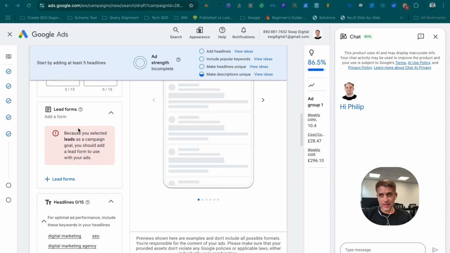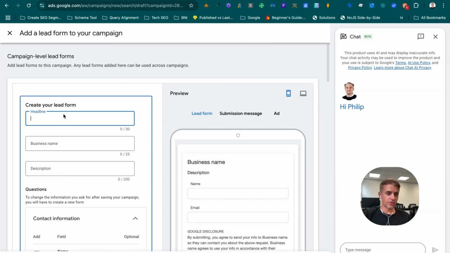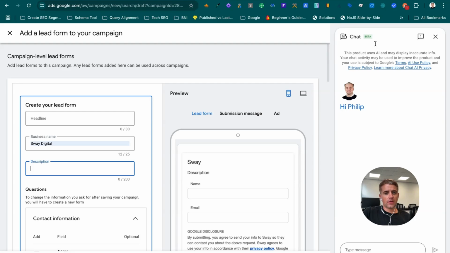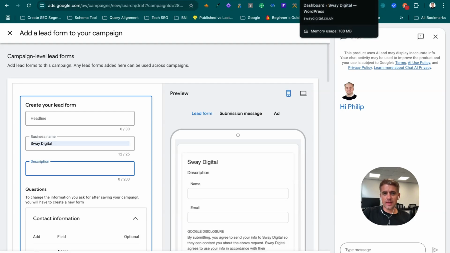What would happen is usually if you select, say, conversions and you had conversions already set up, so you have them on your site already set up correctly and fine, and you won't have to do this. It's because I've selected lead forms as a conversion, it's asking me to add a form in. So in this instance, I will do, but usually I don't do this. So you can just play around with your lead form and you can add a headline, add your business name, add a description about potentially your business, and we can then